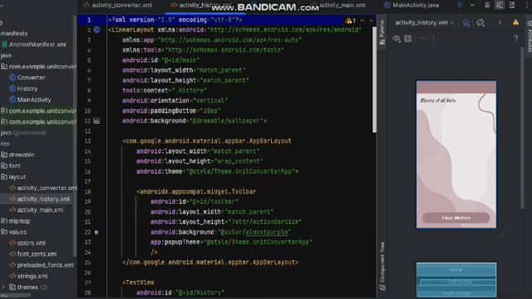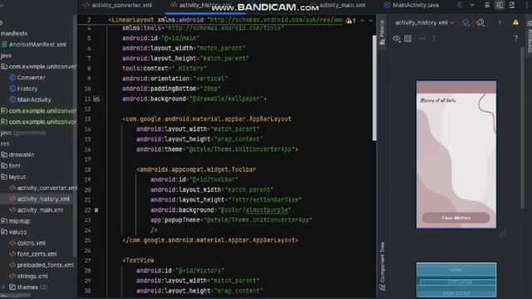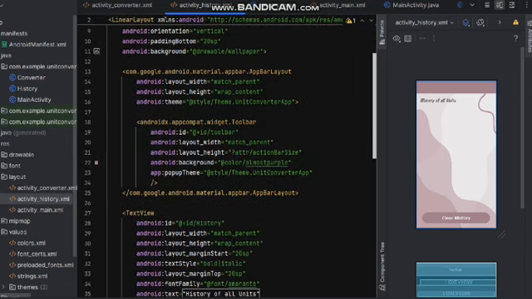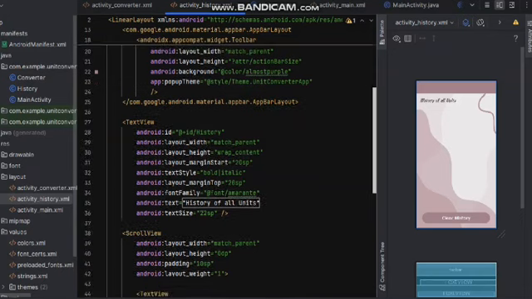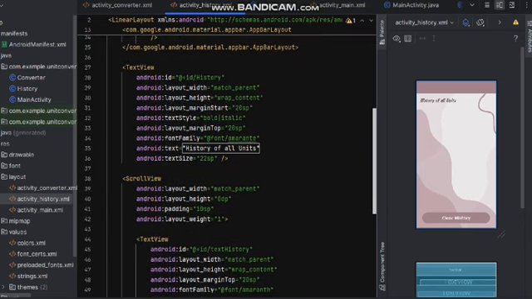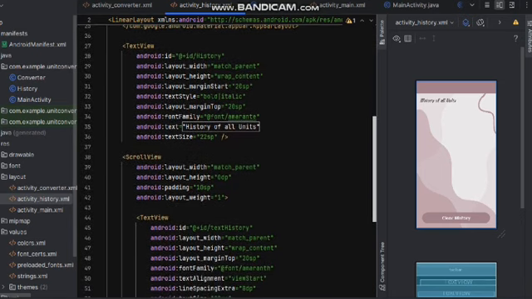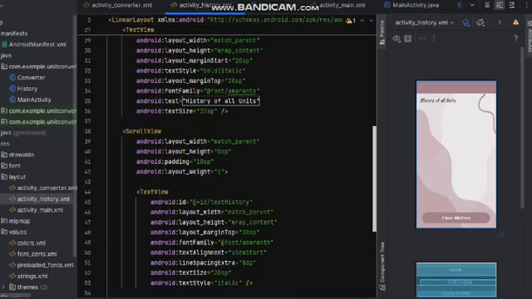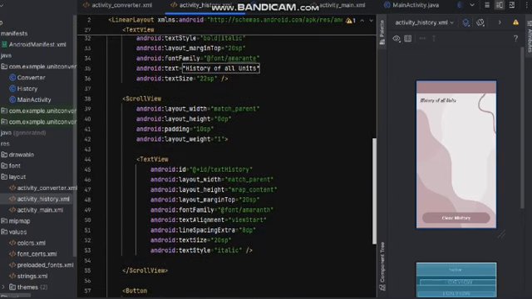History button click listener: the button history click listener starts the history activity using an intent and displays a toast message. Open converter method: the openConverter method creates an intent to start the converter activity, puts the unit type extra into the intent, starts the converter activity using the intent, and displays a toast message indicating the selected converter type. Overall, this code sets up the main activity of the unit converter app, handling button clicks to start the